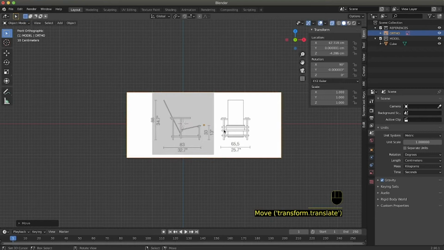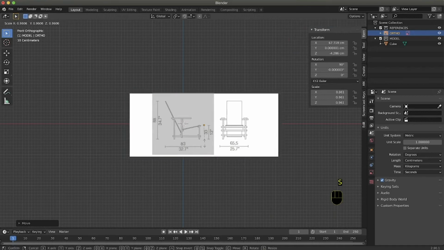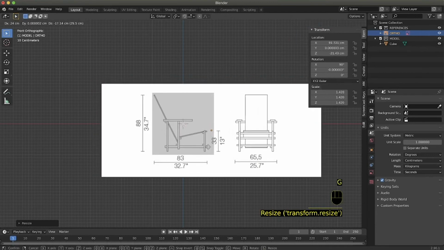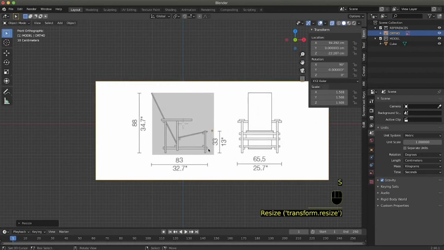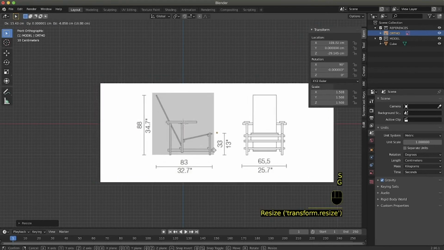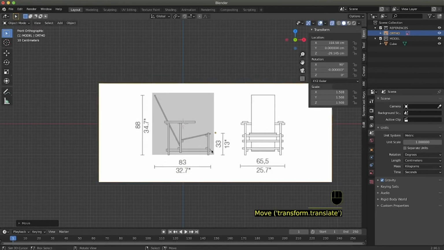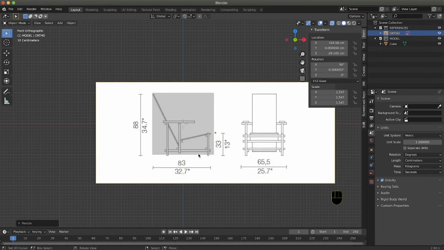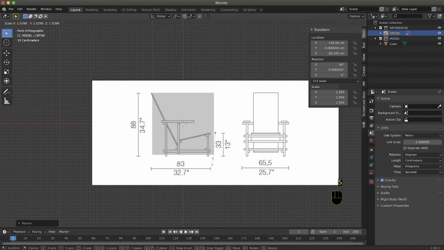Now we need to resize the image to match more or less the size of the cube. So we press S to scale, and we start scaling the image. So we make sure that the side of the representation of our chair matches the size of the cube.